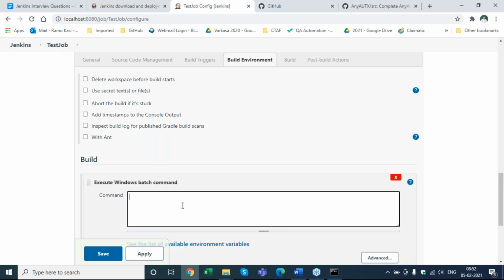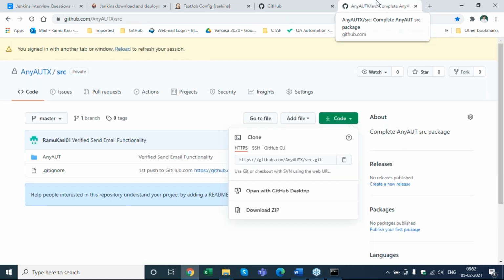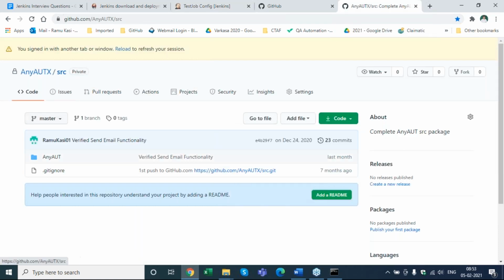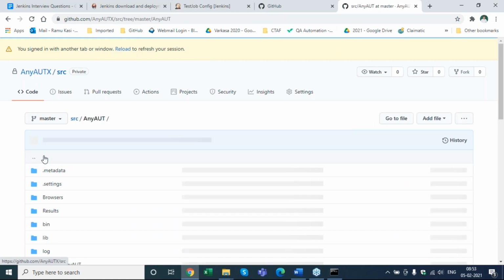Okay, guys. So here I can, because AnyAuth has a jar file that we can execute through the command prompt as well. Let me check the folder structure. Within AnyAuth, I have my source, then my AnyAuth, and then my jar file, right?